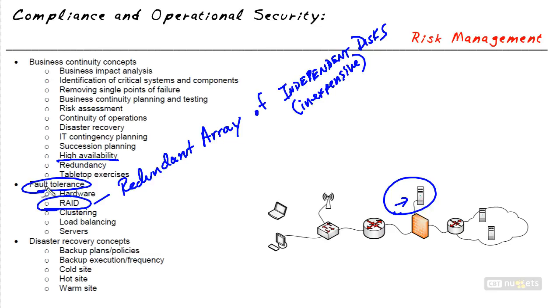Well, as with most things with fault tolerance, the first thing we're going to do is buy more than one. So let's say we have a 1 terabyte drive. Instead of just having one 1 terabyte drive, we would have 2 terabyte drives. So there's drive number 1 and drive number 2. And RAID comes in several flavors. I'd like to chat with you about a few of those.